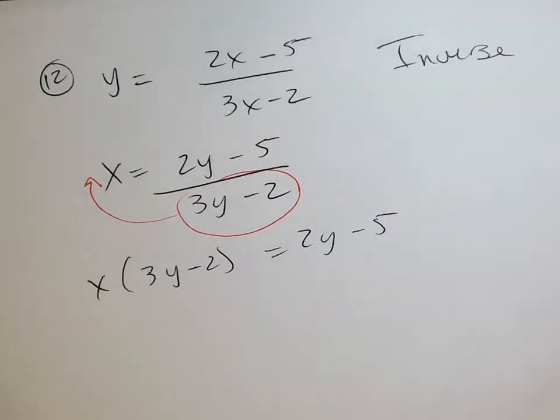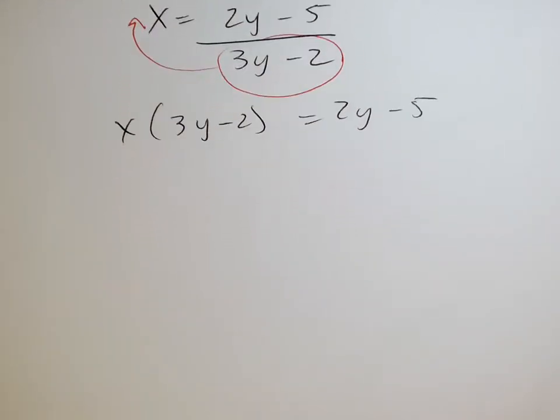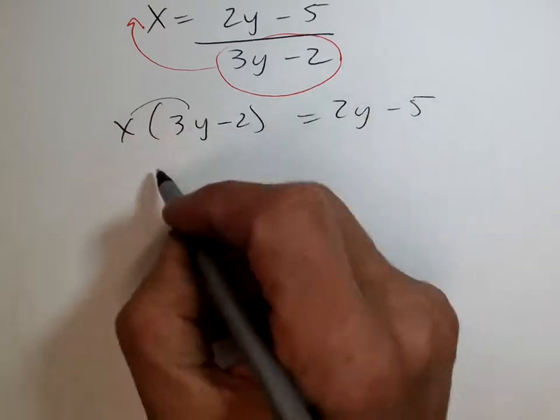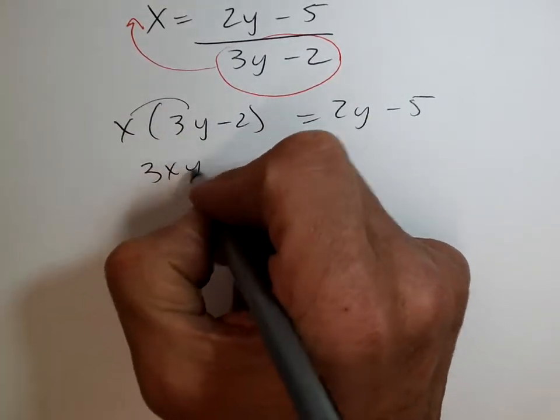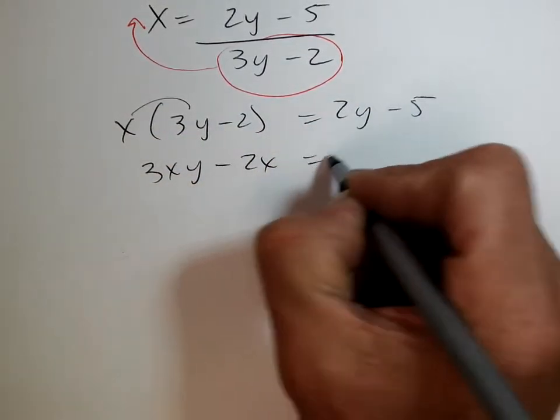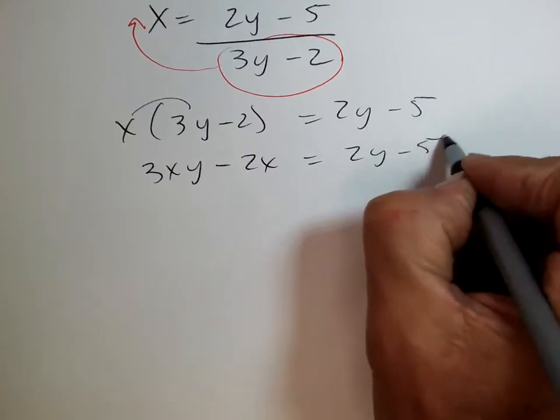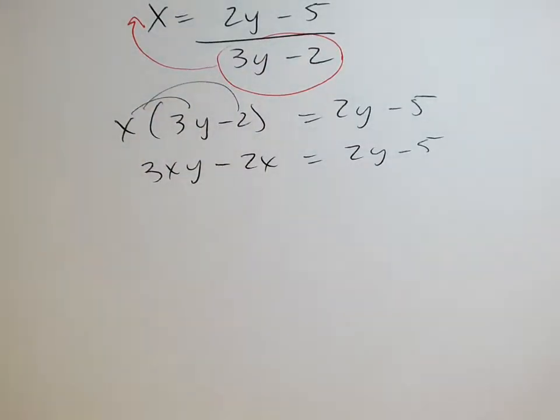Okay, now, if I need to solve for y, I've got too many y's, and they're all over the place. So let's simplify and see what we can do. I get 3xy minus 2x equals 2y minus 5, because I distributed, right? Again, I've got too many y's. So let's get the y's together so I can solve for the y's. So what I'm going to do is,